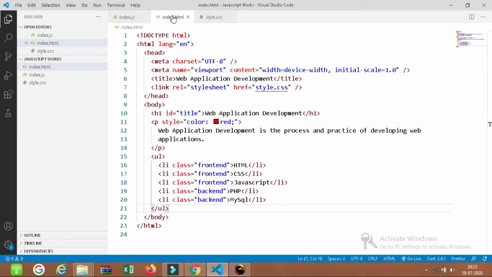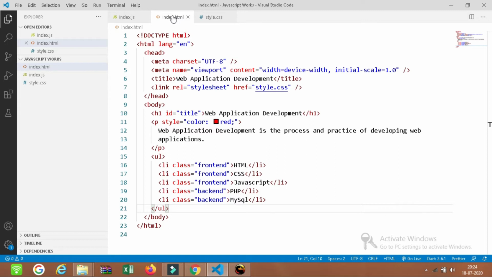For example, when clicking on a web page, some actions can trigger. Click is an event. Corresponding to that, either an alert message can be popped up or some other action can be done, such as a field being erased or a new element being added. All of these are actions corresponding to those events.